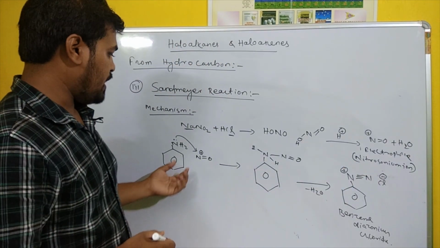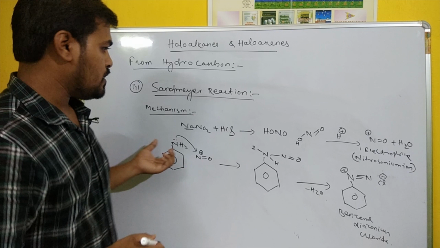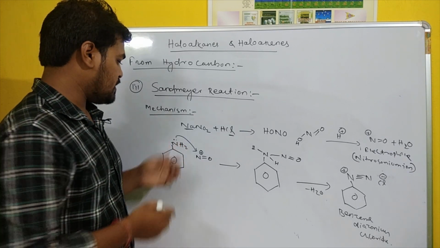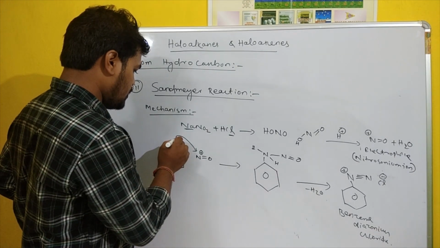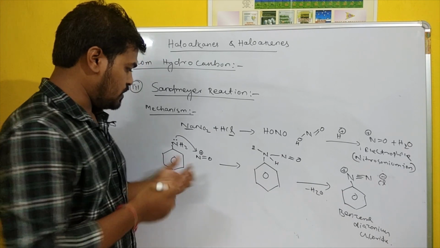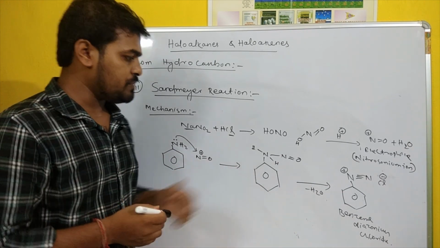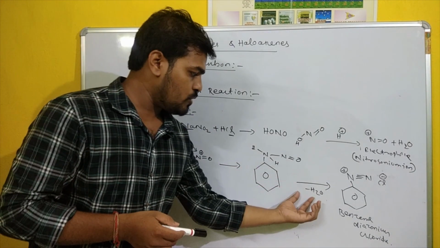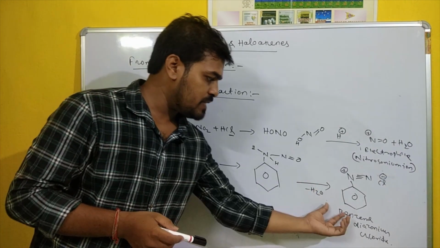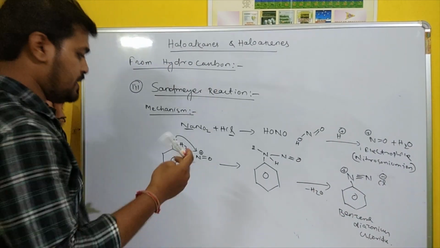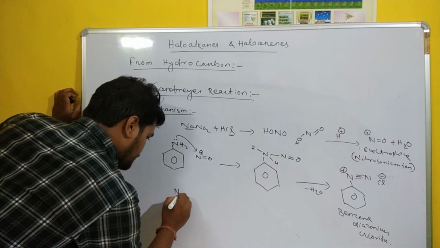That nitrosonium ion is attacked by a nucleophile, the nitrogen that contains a lone pair, so that lone pair attacks the NO plus and makes an intermediate, and at that time a water molecule is released and benzene diazonium chloride is formed, and that benzene diazonium chloride